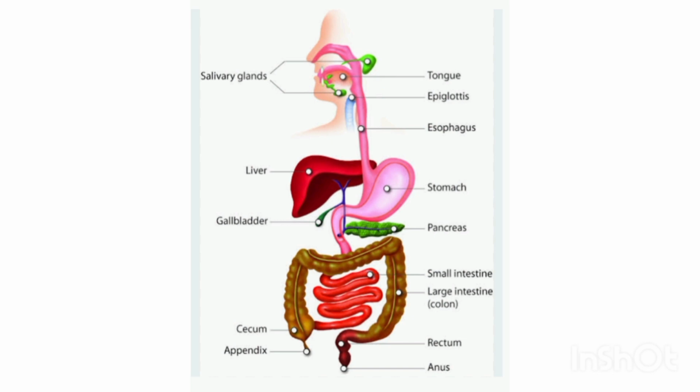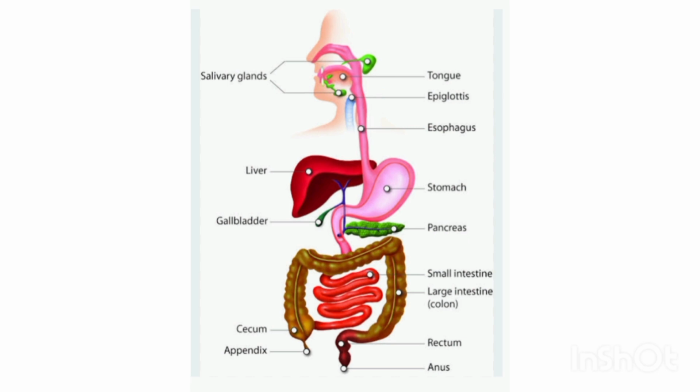Then the large intestine. It is shorter in length and wider in diameter than the small intestine. Appendix is a part of the large intestine. The large intestine secretes no enzyme. It absorbs much water but very little digested food from the contents, which mainly consist of undigested material. After the water is absorbed, the contents become semi-solid feces which pass into the rectum and are expelled at intervals. And the expulsion of the undigested remains of the food from the alimentary canal is called defecation.